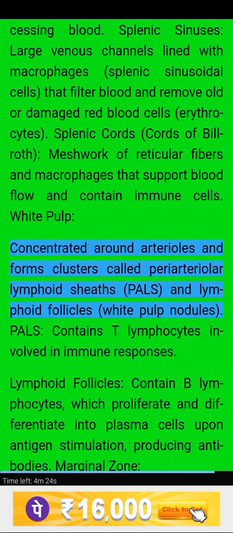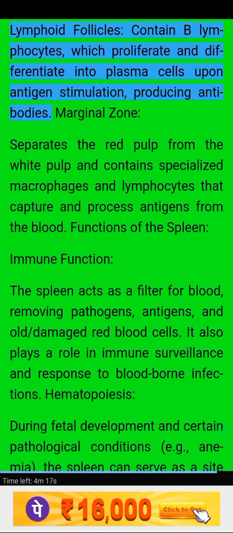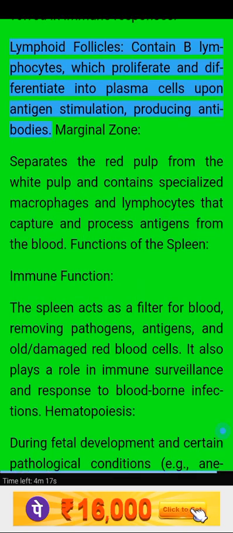cells. White pulp. Concentrated around arterioles and forms clusters called periarteriolar lymphoid sheaths, PALS, and lymphoid follicles. White pulp nodules. PALS contains T lymphocytes involved in immune responses. Lymphoid follicles, contain B lymphocytes, which proliferate and differentiate into plasma cells upon antigen stimulation, producing